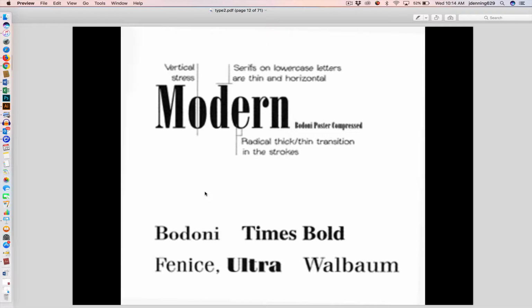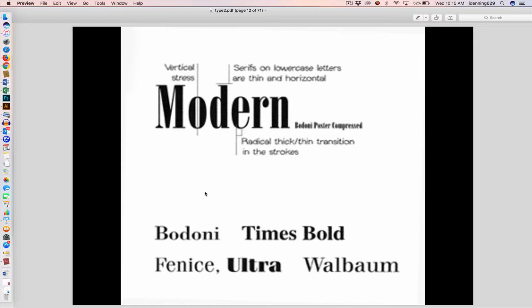There's a vertical stress here, where it's just at the top of the letter and at the bottom of the letter. And these radical thick, thin transitions in the strokes and the serifs on the lowercase letters are very thin and horizontal. So Bodoni, Times Bold, Fenice, Ultra, Walbaum are all fonts that are part of the